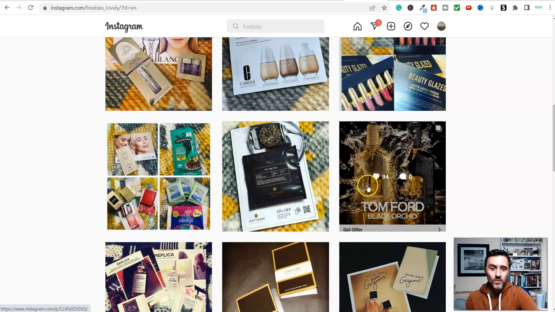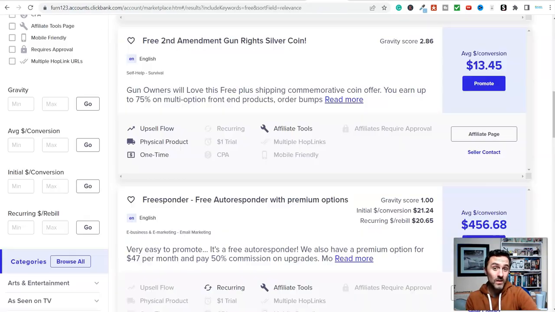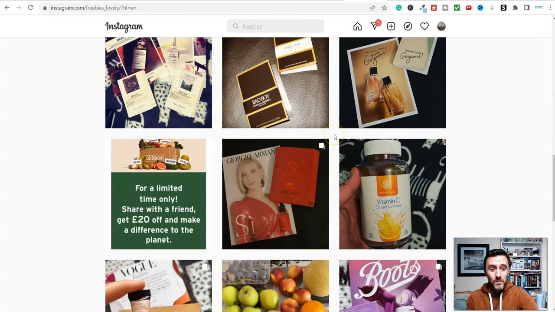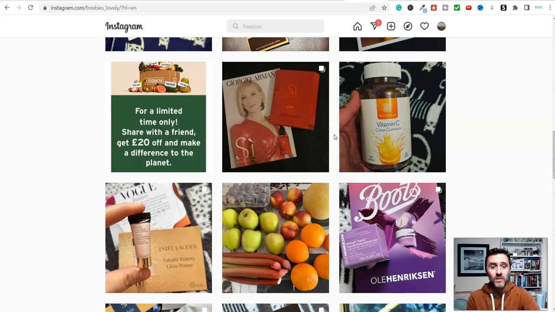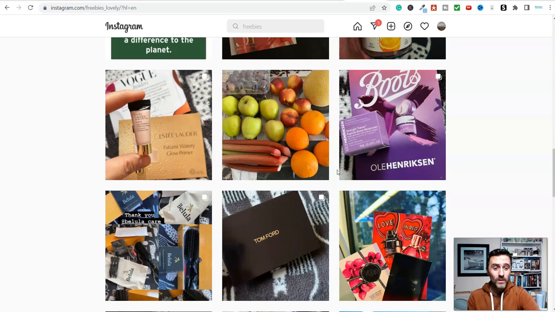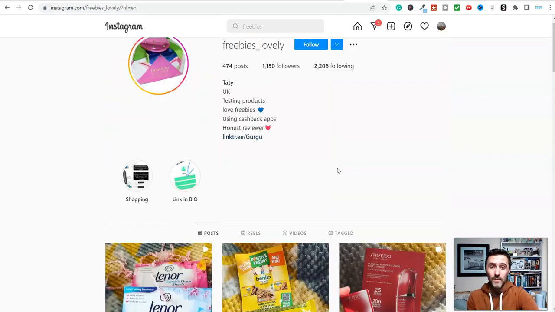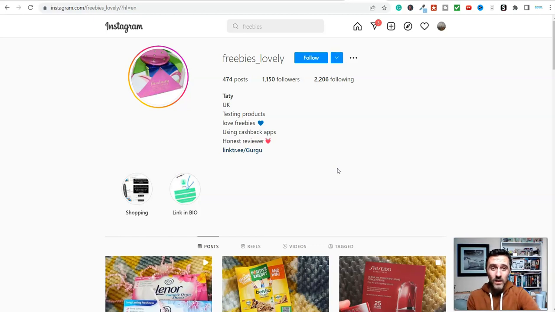Now, some of these products on here, they could be from ClickBank, they could be from companies, but a lot of the time they're probably with a method known as CPA marketing. And I'll link a video up on the screen for you, which walks through how to find freebies that you can give away with affiliate with this method over here with CPA marketing. But essentially, this is how a lot of people are earning money giving away products online for free.